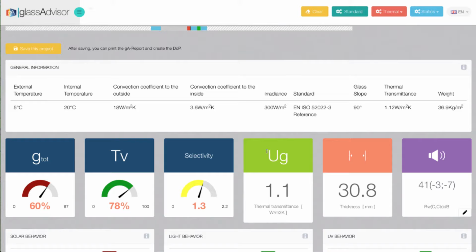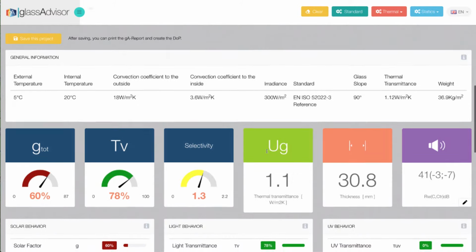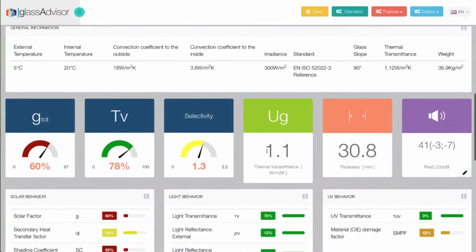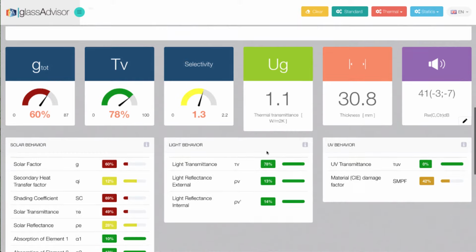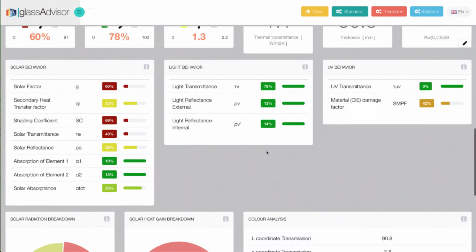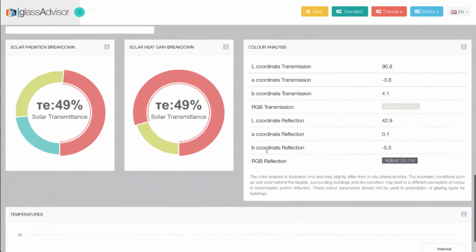All other results are basically very similar to the standard glass simulation, even if the number might change a little bit. The huge difference is that at the end of results, we don't find the spectral values anymore, but we find the element's temperature from the outside to the inside.